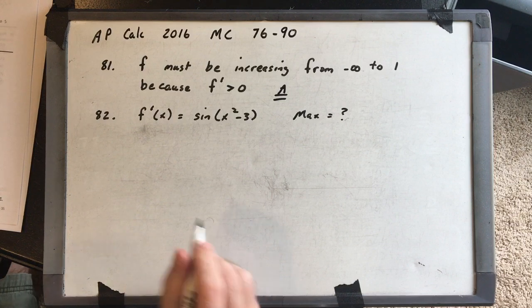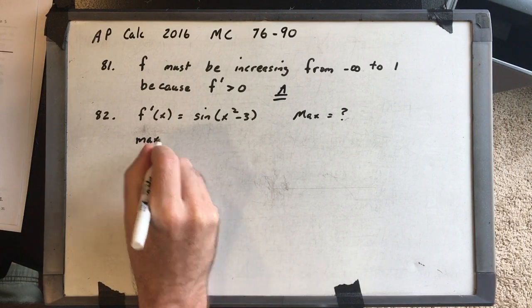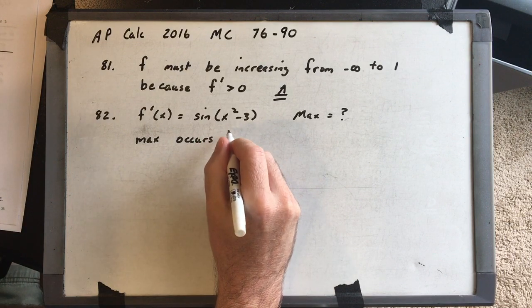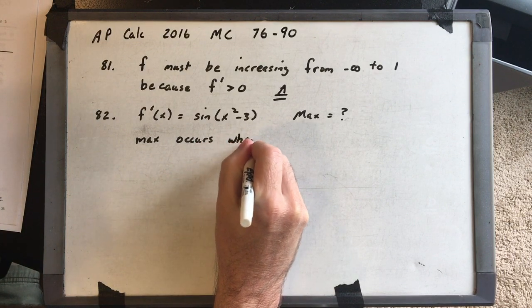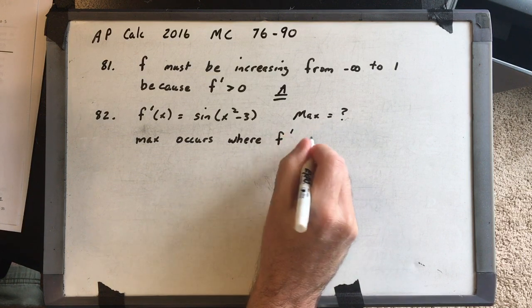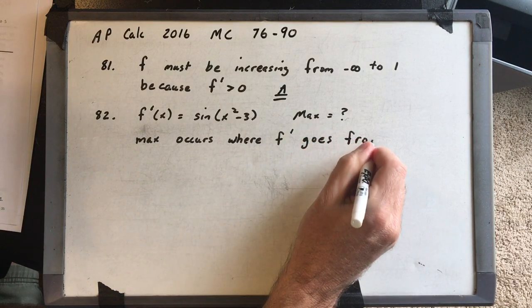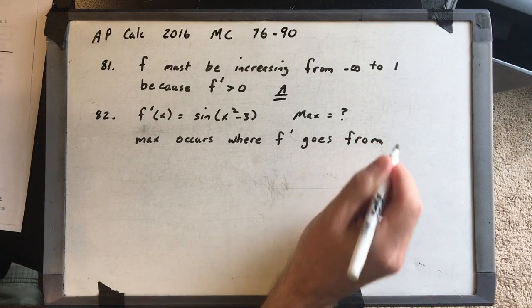Okay, where's a max? A max occurs where f prime goes from positive